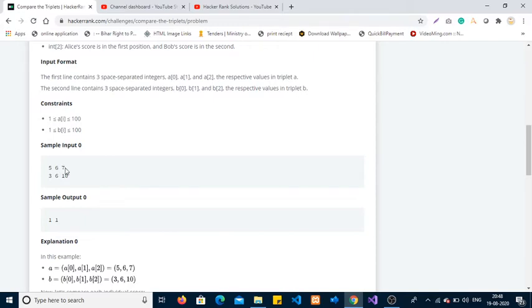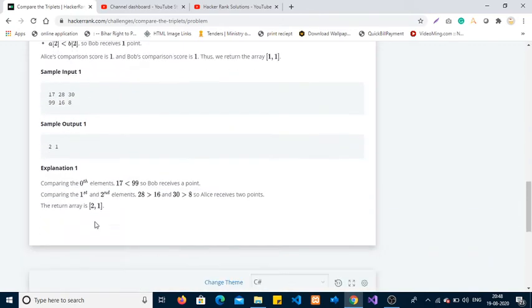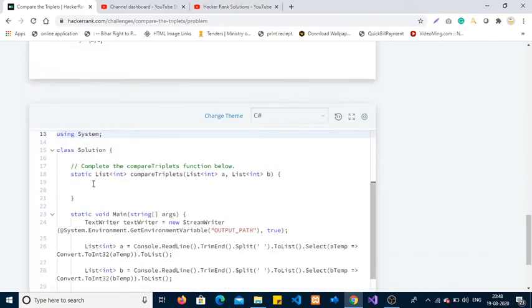We'll move to the next index, the second index, where B is greater than A, so 1 point will be awarded to Bob, that is B. Finally the output will be 1 and 1. So let's move to the coding part.